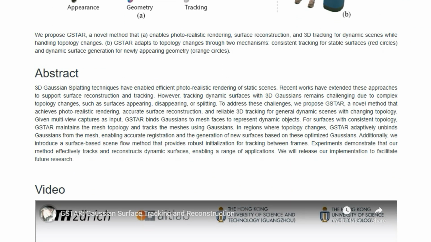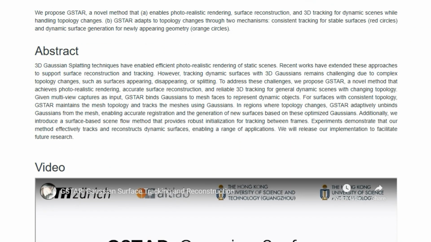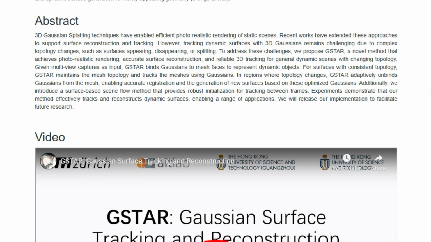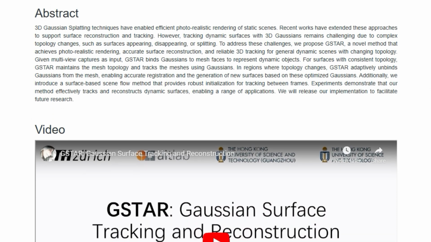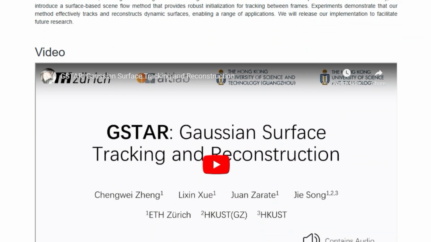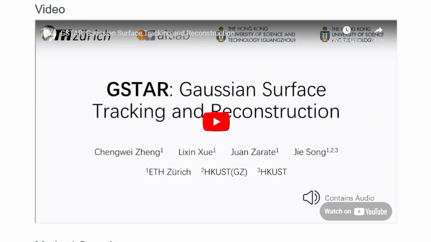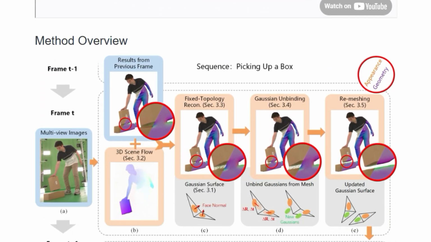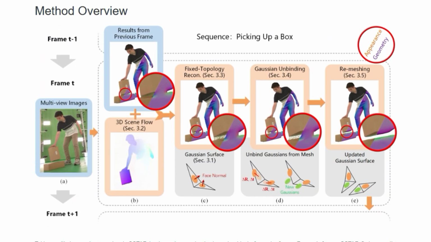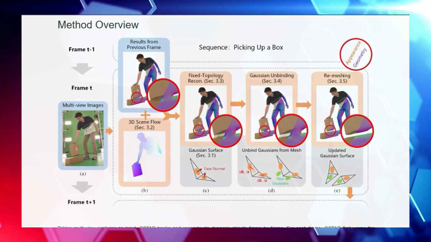The system uses a scene flow method to provide robust initialization for tracking between frames. This helps the system to accurately warp the previous frame's results. X-Dyna reconstructs Gaussian surfaces by fixed topology reconstruction, adds new Gaussians as needed to handle topology changing surfaces, and updates the Gaussian surfaces through remeshing. The researchers plan to release their implementation to facilitate future research. In summary, GSTAR provides a robust approach to tracking and reconstructing dynamic surfaces, opening up possibilities for a variety of